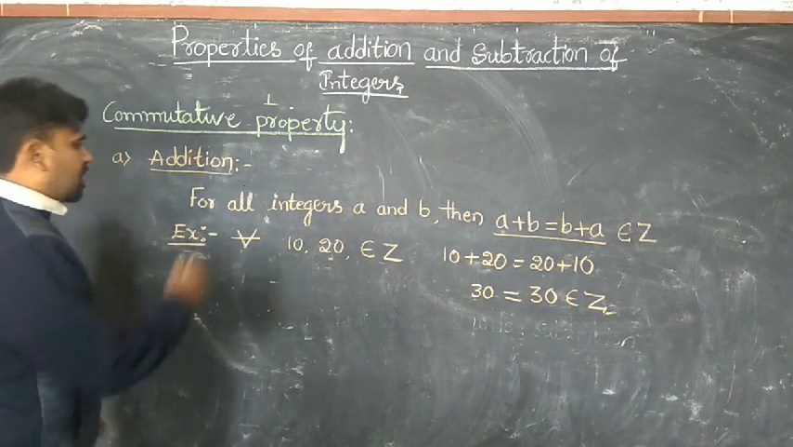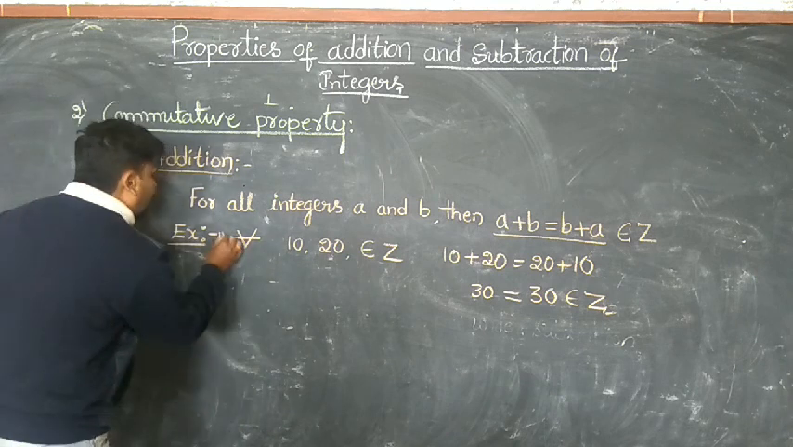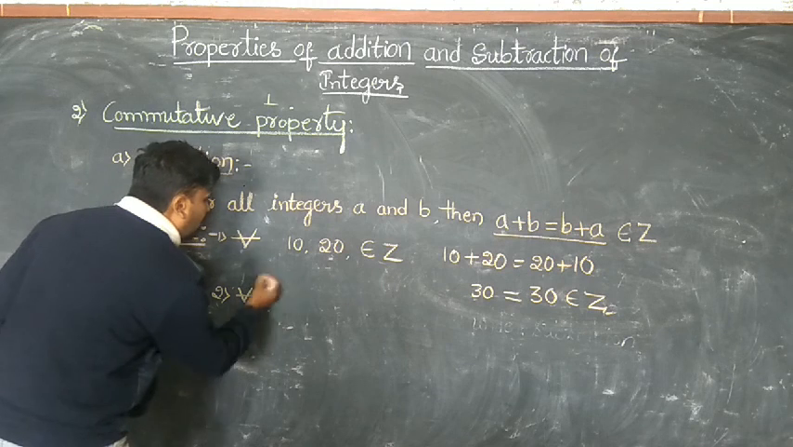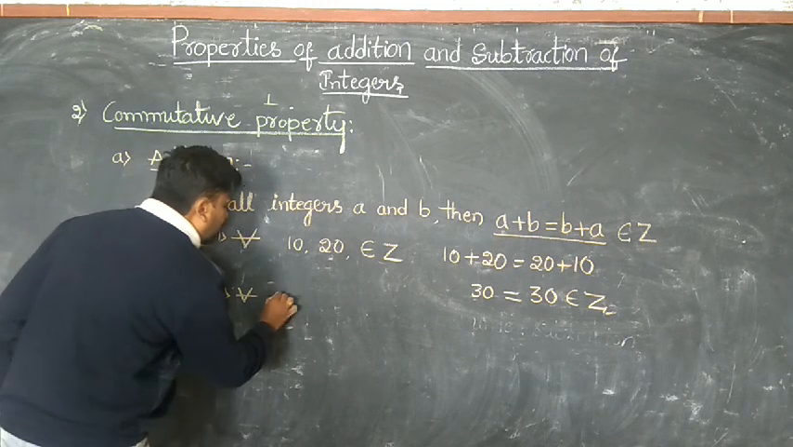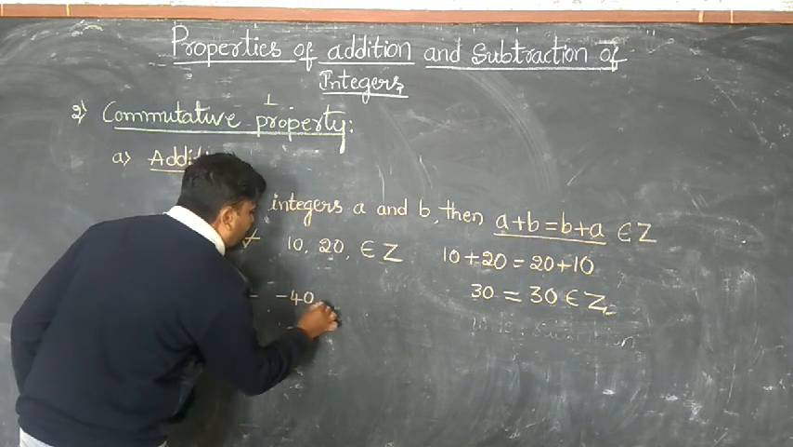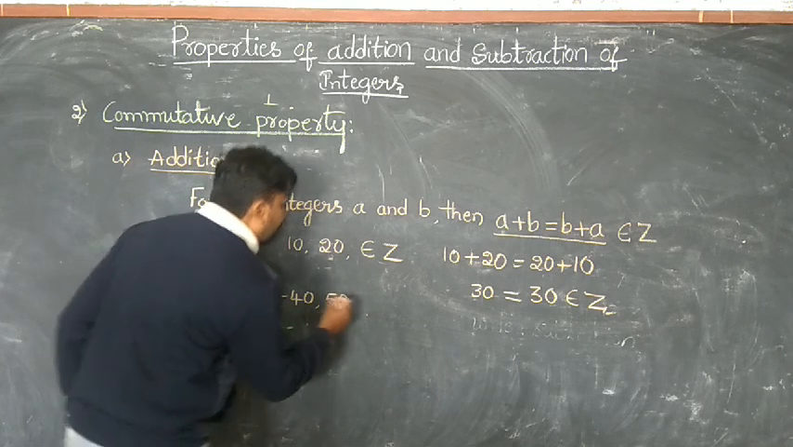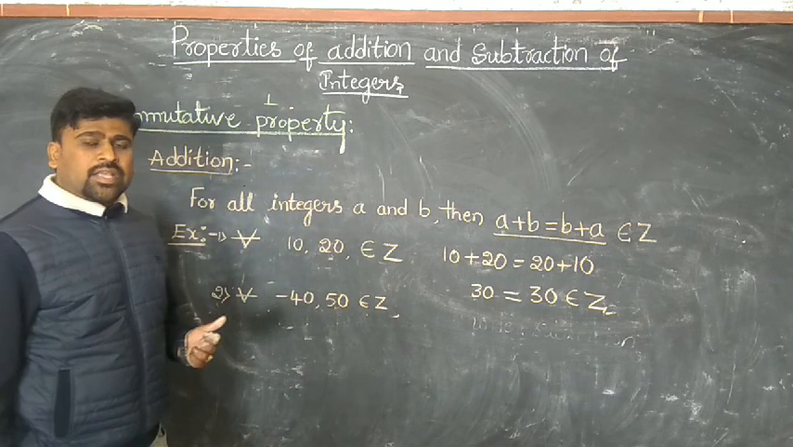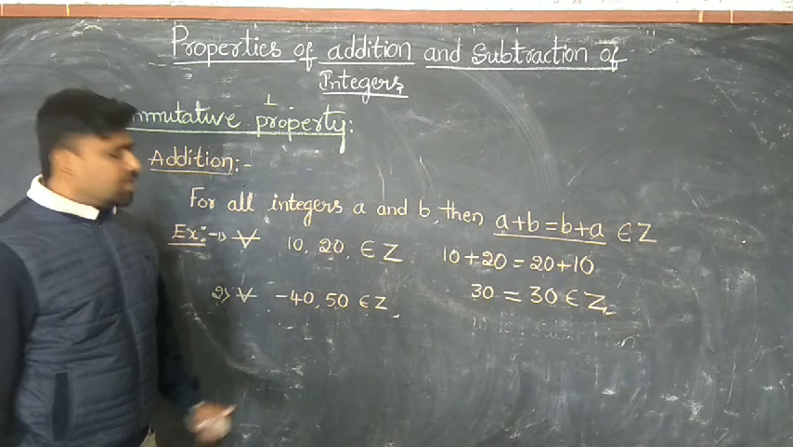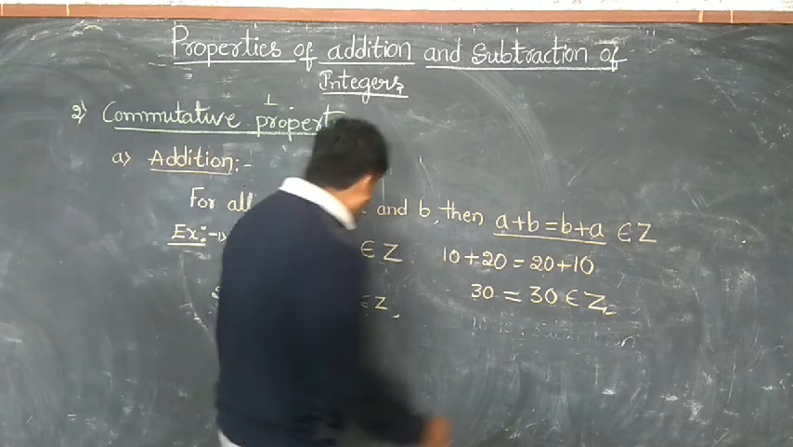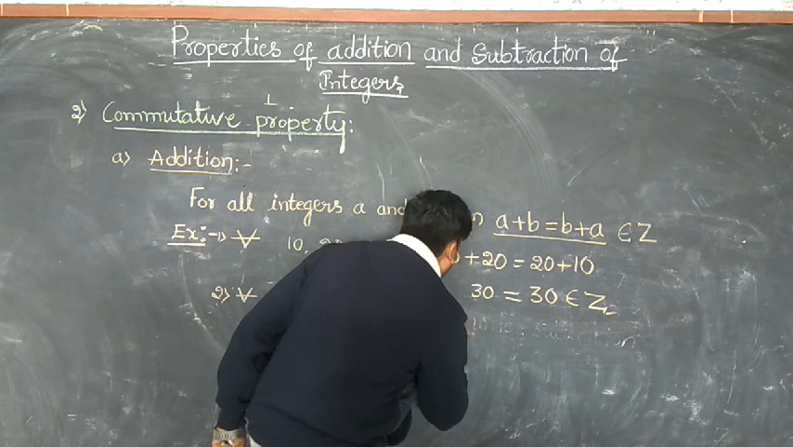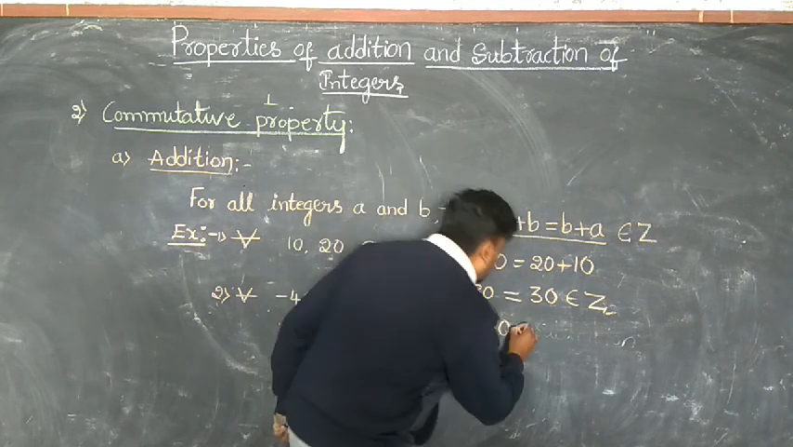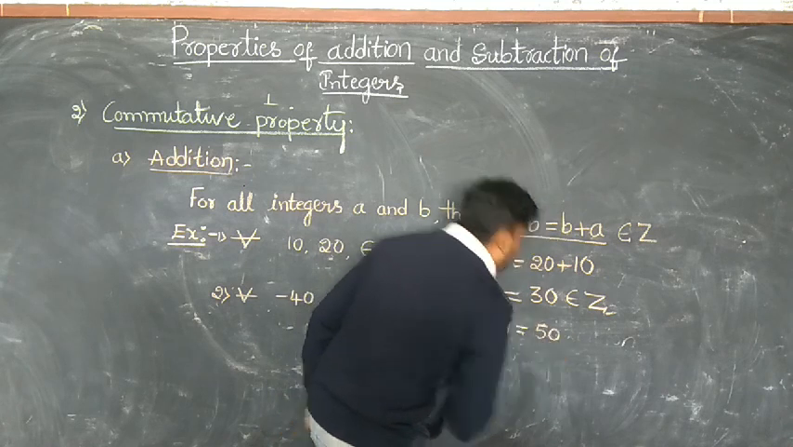We can see another example regarding the commutative property. That is the second thing. For all, we can take any one minus symbol: minus 40, 50 belongs to Z. Clear? Minus 40 is a negative, it belongs to integers. Plus 50 also belongs to integers. Minus 40 plus 50, clear? Is equal to 50 plus...